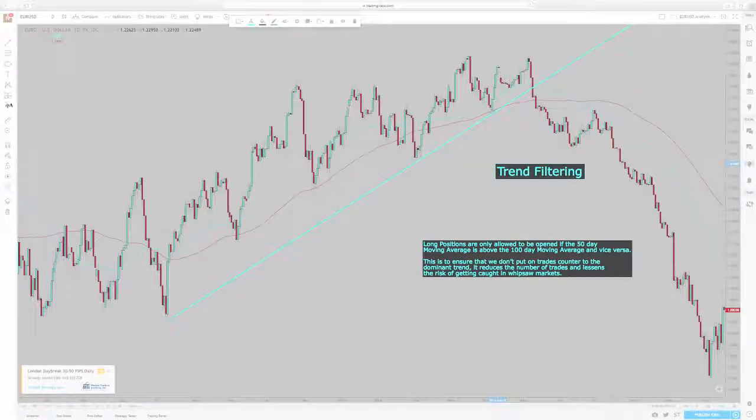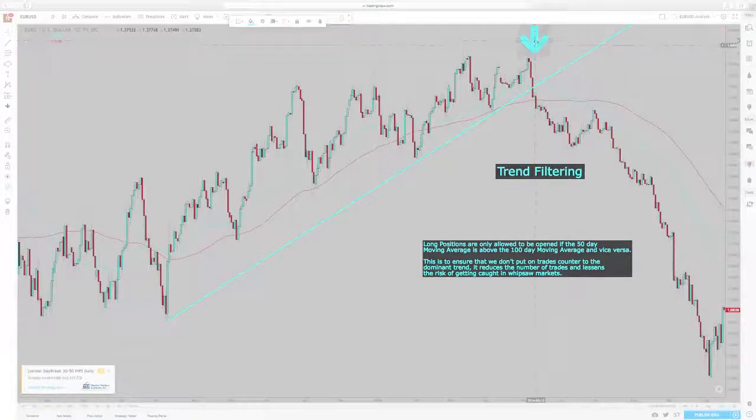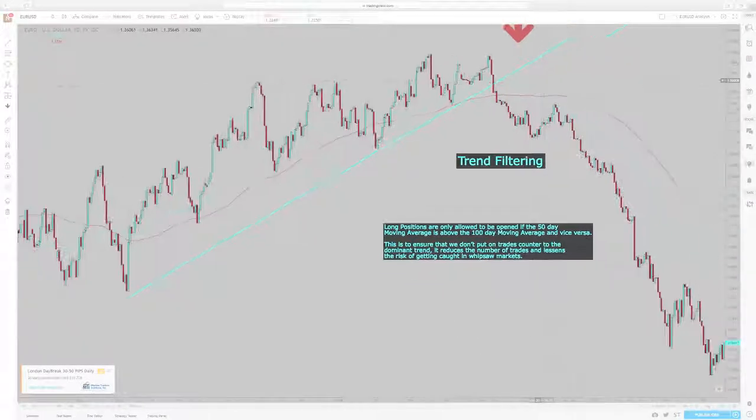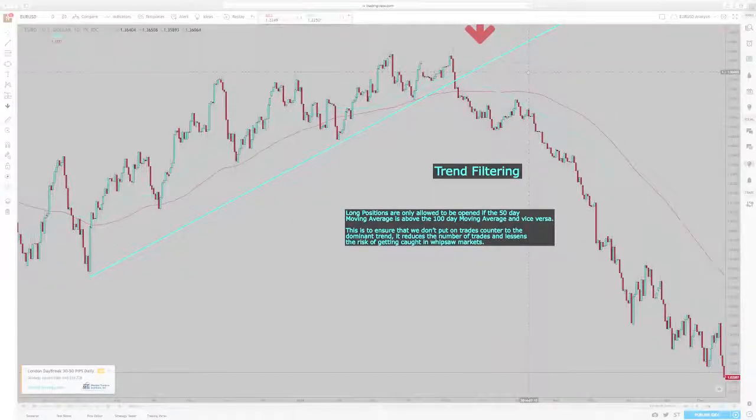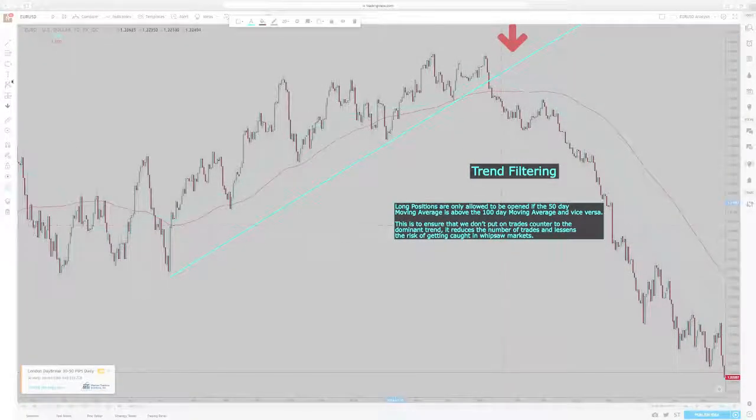So what we're looking for is confirmations to sell. We know we want to sell, but when? When do we sell? We're looking for the confirmations. We follow that trend filter, and let's see what happens. Let's look for our confirmations. Trend line break. Boom. Trend line break. So the trend line breaks,